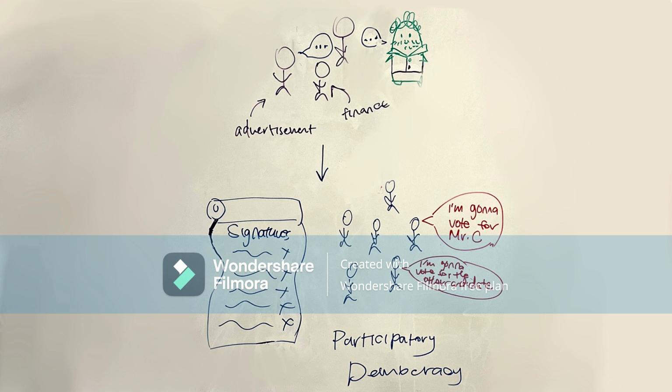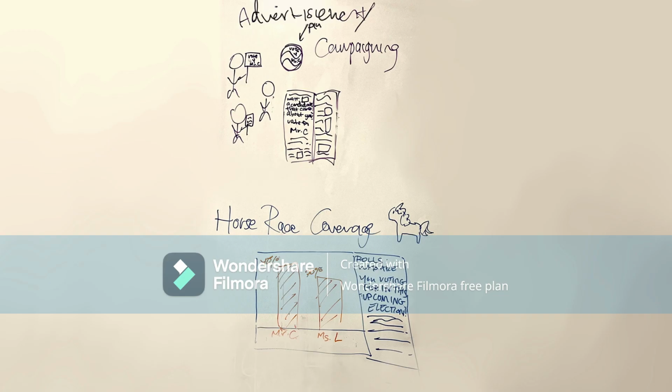Through advertisements, rallies, and fundraising efforts, he can raise his popularity. Mr. C's campaign volunteers can distribute pamphlets and engage with potential supporters. News reporters, a form of a linkage institution that connects citizens to the government, often engage in horse race coverage, focusing on polls rather than policies. For example, often there will be more polls focused on who people think will win, rather than the candidate's values and stance on important political issues.